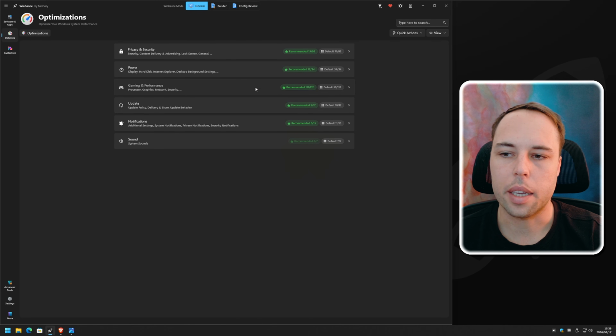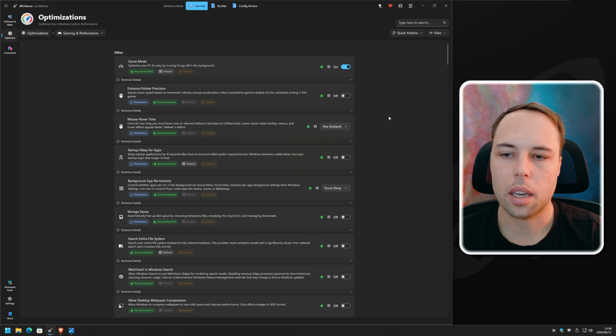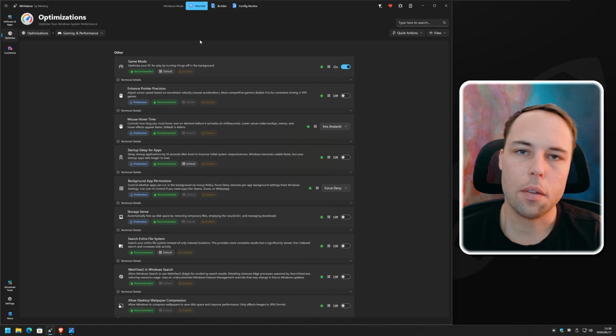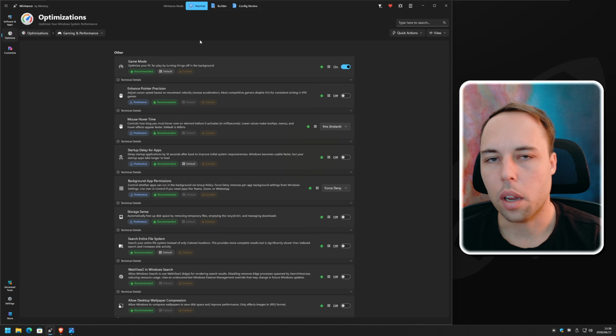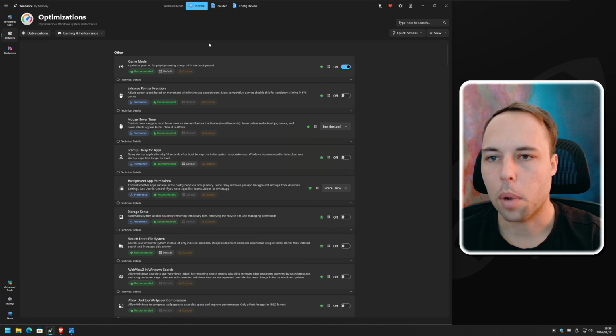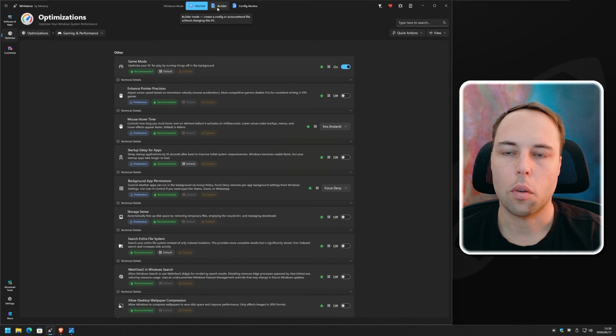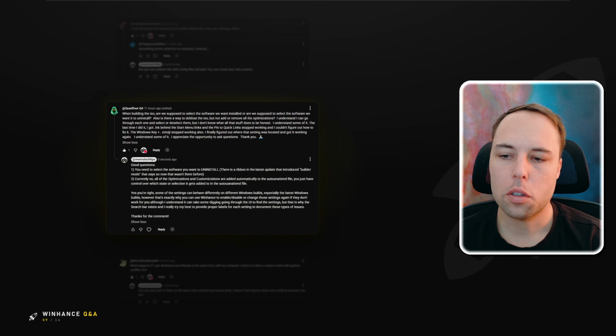So now the gaming preset has been applied in the form of this config file, and you now have all of the gaming related settings in their recommended states or in the states that you want them in. So you can create different config files, or if like this user calls it, presets for different scenarios by using the builder mode and then saving those config files for different situations. Moving on to the next comment.